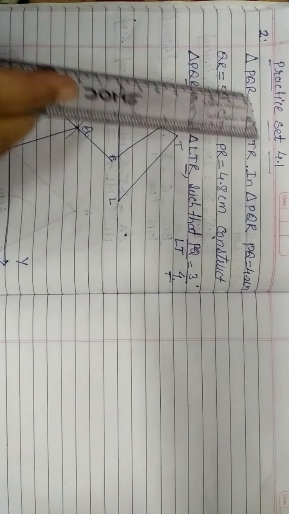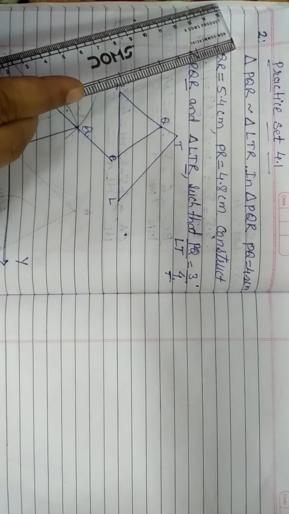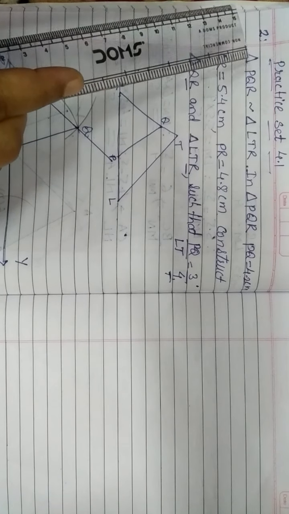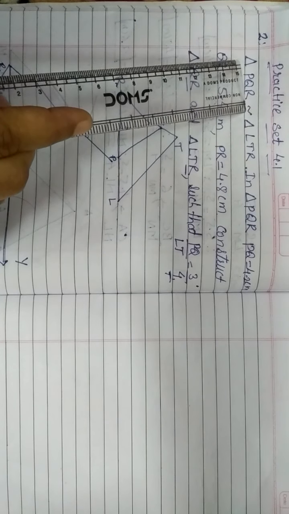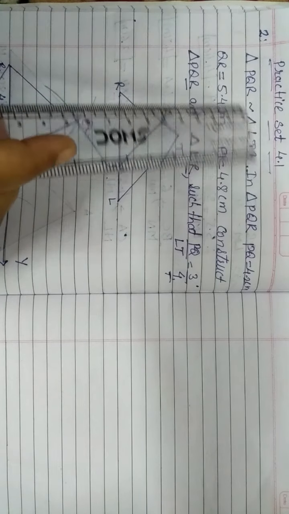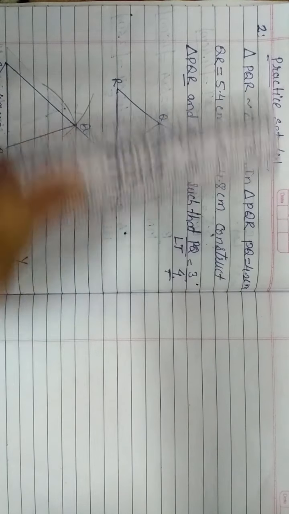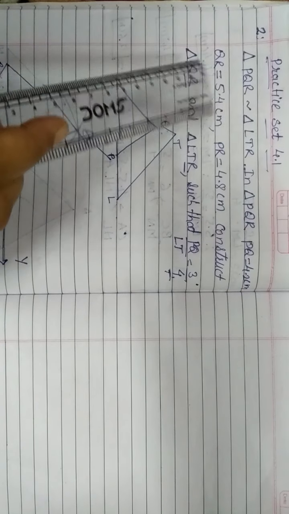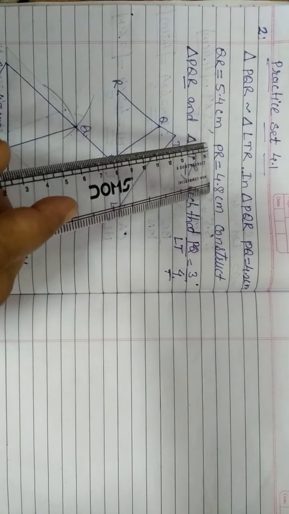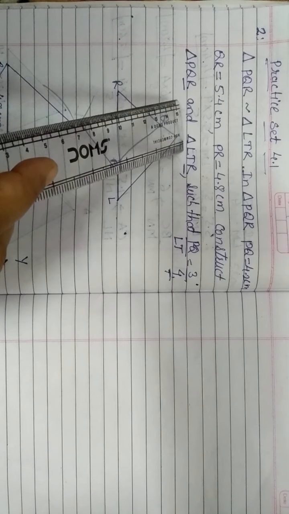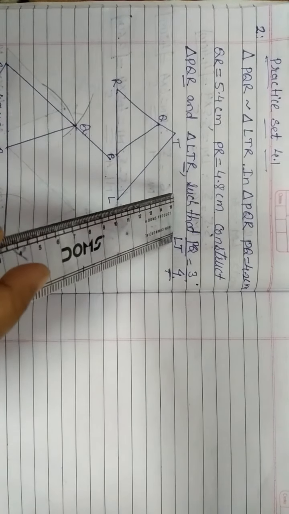Hello students, we are going to solve practice set 4.1, question number 2. The question says triangle PQR is similar to triangle LTR. In triangle PQR, some measurements are given: PQ is equal to 4.2 centimeter, QR is equal to 5.4 centimeter, PR is equal to 4.8 centimeter. We have to construct triangle PQR and triangle LTR such that the ratio PQ upon LT is equal